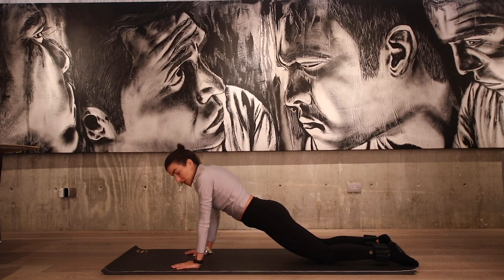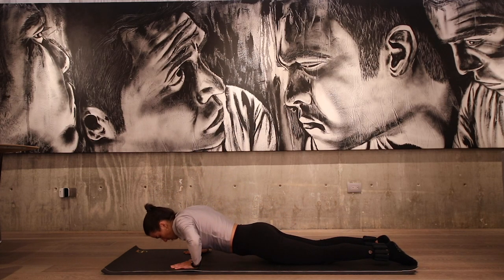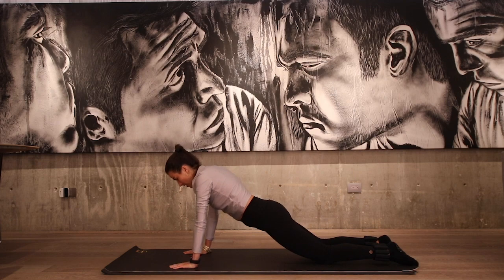After that last one, you're gonna hold bicep push-up here. Elbows bend out to the side, chest lowers, and then lift. 4, 7,